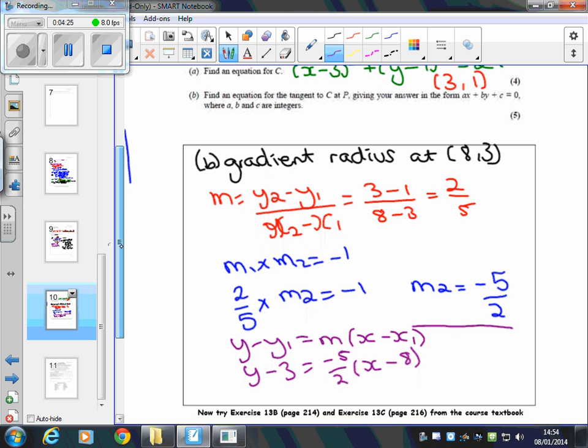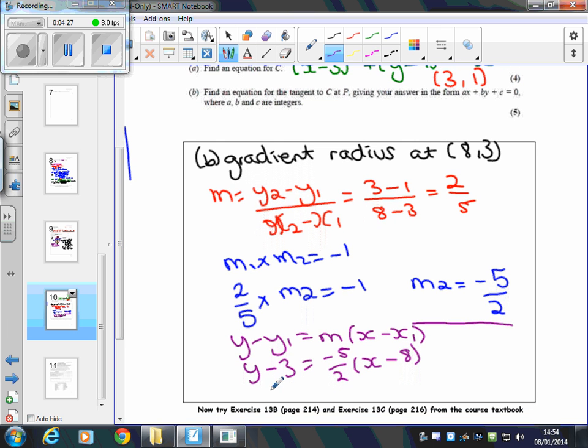So timesing the whole thing through by the 2 gives us 2y minus 6 equals minus 5 lots of (x minus 8). Expanding out this bracket gives me 2y minus 6 equals